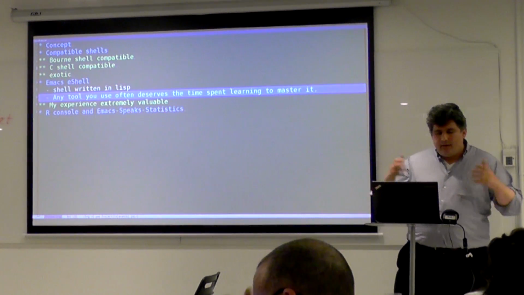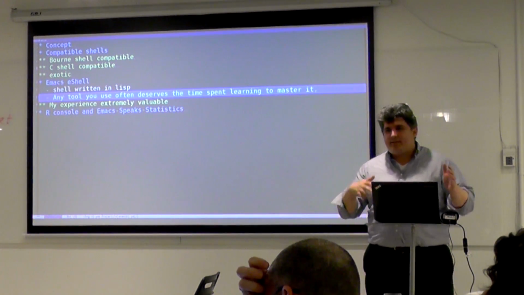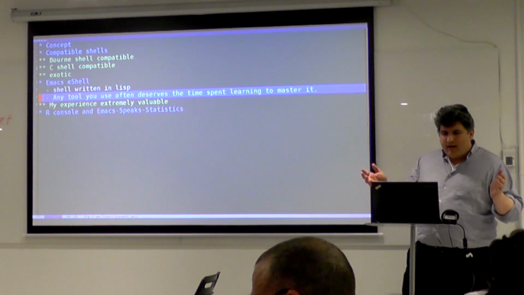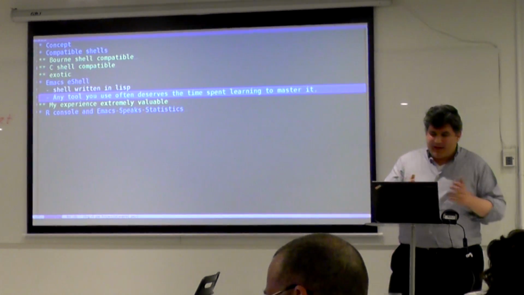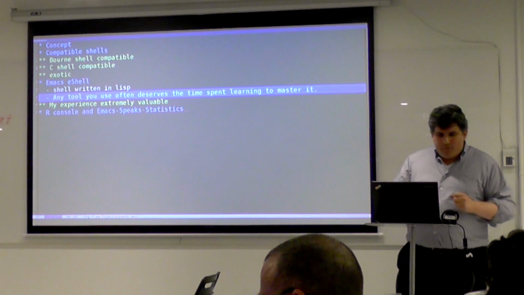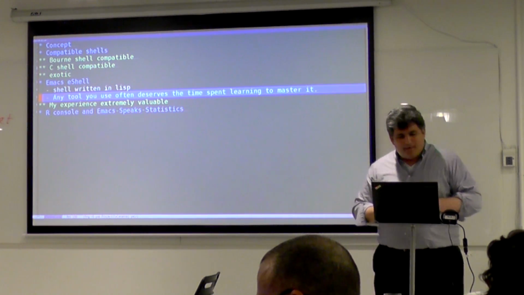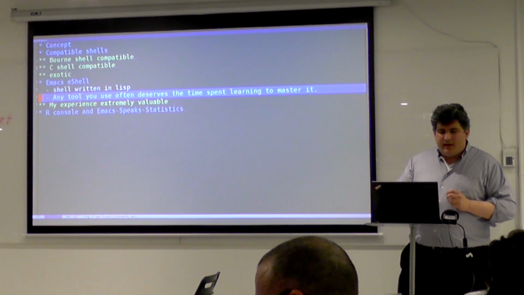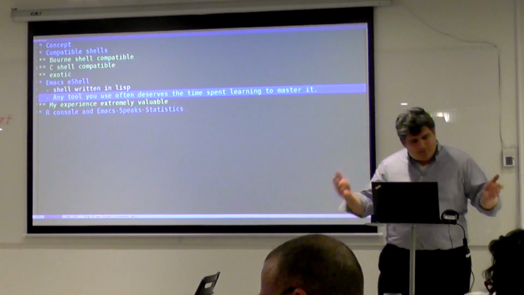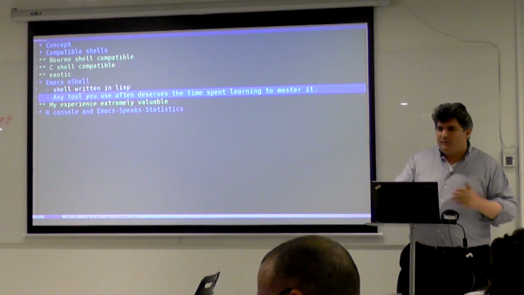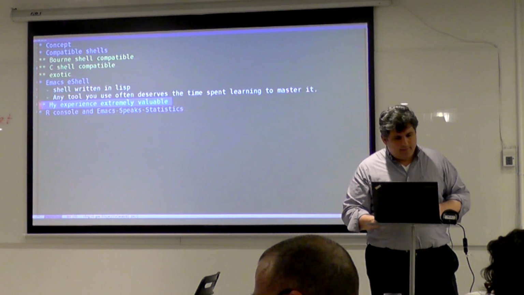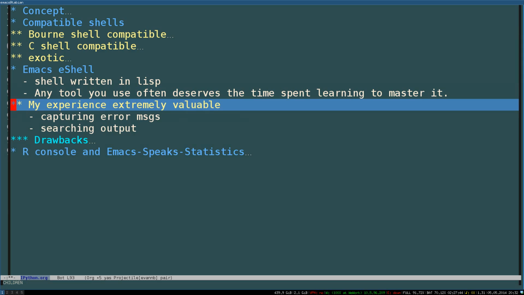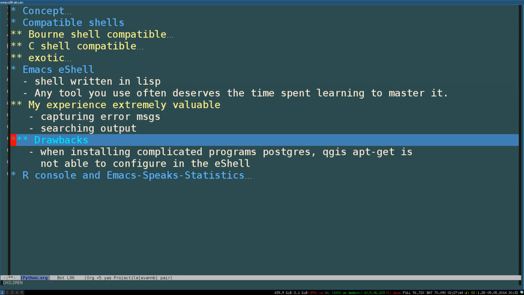So the Eshell itself, in Emacs, has its own manual, and in it, any tool you use often deserves the time spent learning to master it. Whether that claim is true is certainly contestable, but for most of us with Emacs, it's certainly been worth our time. All right. So the drawback of the Eshell, and I have to confess, I'm not exactly sure why,